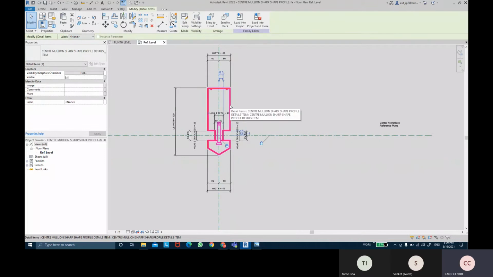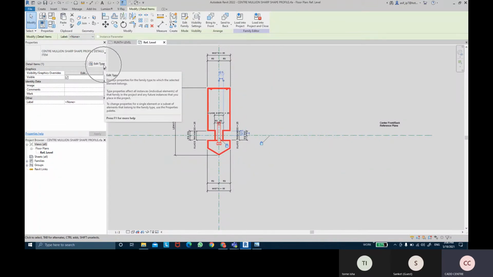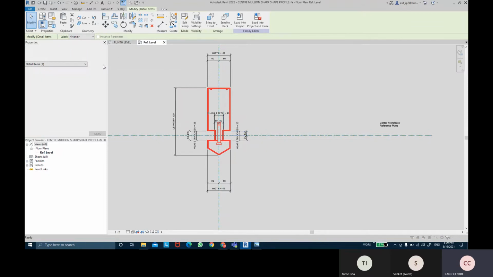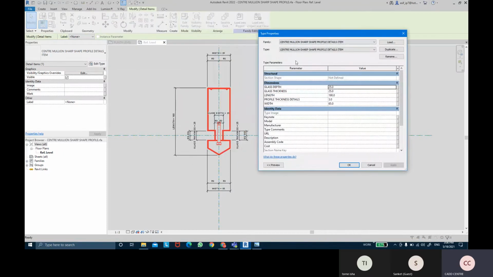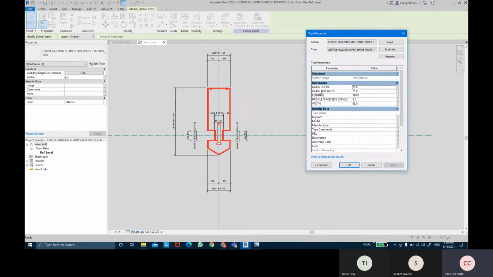We can select the detail item and then we're going to click on the edit type option. And you can see the parameters of glass depth and glass thickness, the length, the profile thickness, and the width, which we're going to associate. So associate, why we do associate, so that we can control these parameters in the project as well.